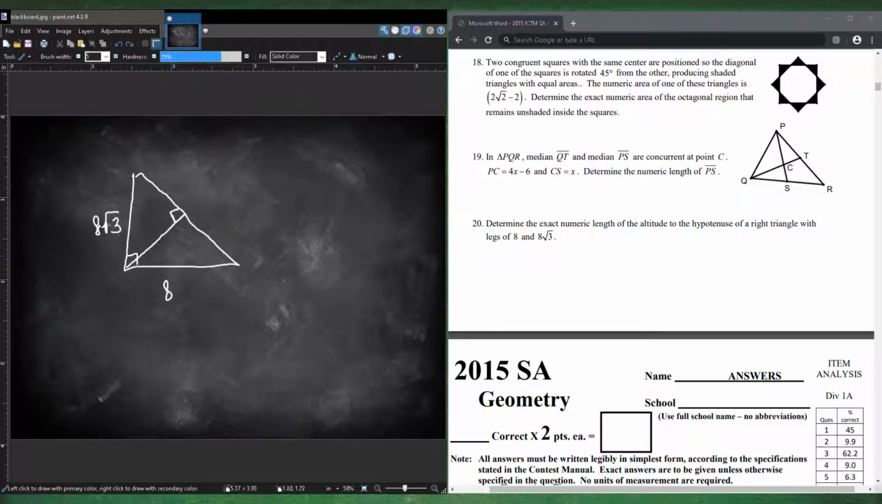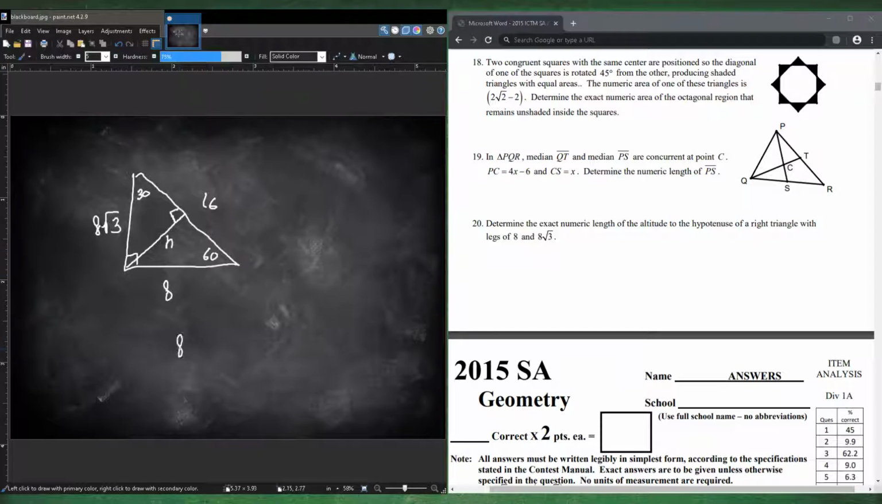Okay, if you ever see a square root 3, it basically tells you that you're using a 30, 60, 90 triangle. So opposite of the square root 3 is the 60, and opposite of the 30 is the other one. The side opposite the 30 is half the hypotenuse, so 8 is here, which means this one's 16. Okay, so to get our altitude, which is h, all we have to do is